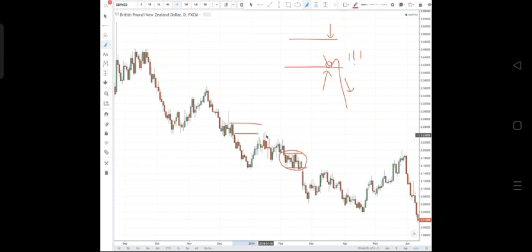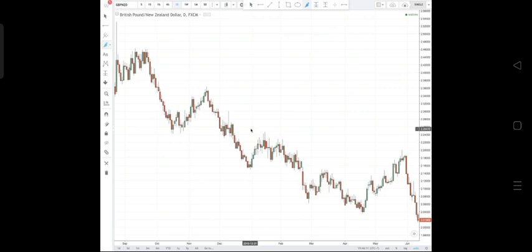So when we're looking at this area, let's take a look at another example here. Let me find you one. Let's say here. This is a good example. Boom. When we say that area, the breach happened right here. That's the psychological break, because that's when people are freaking out. Like, oh my God, I was trying to buy it, it turned into a sell. That's why an SNR from a breach is more powerful.